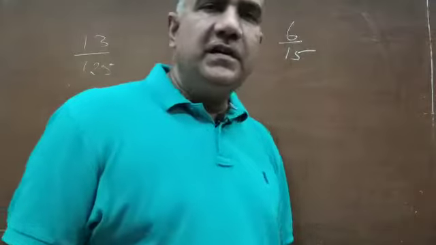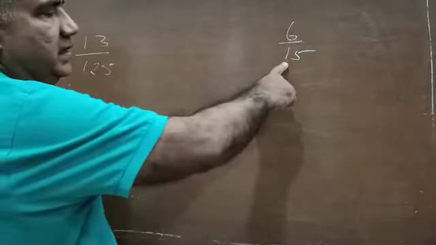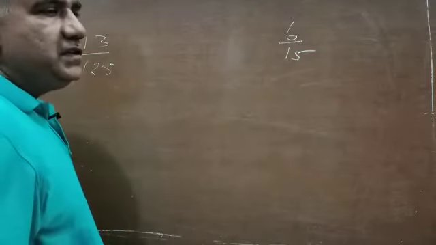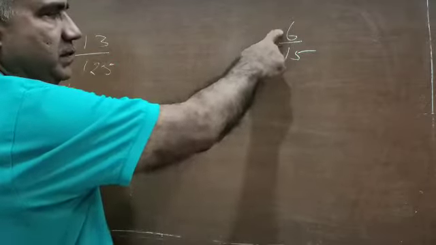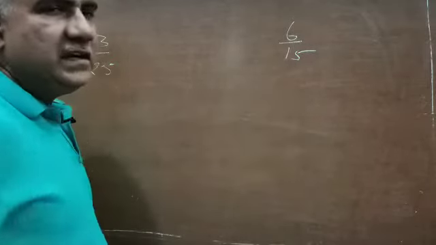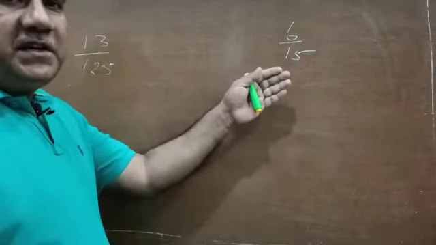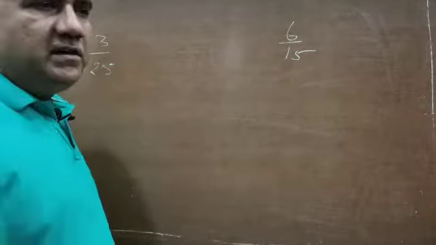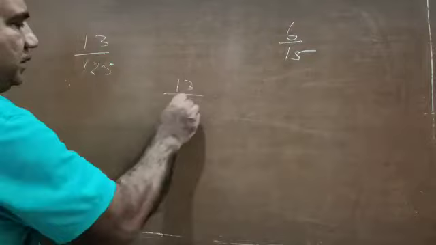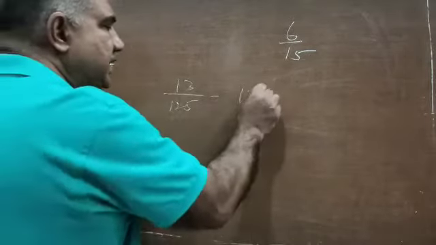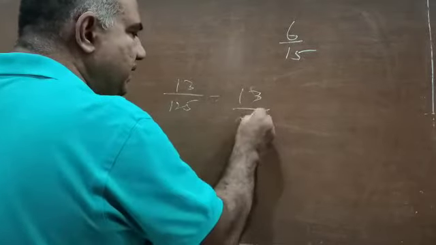Hello students. Now in this class we will see, by looking at the denominator, that is q, of a rational number written in the form p upon q, by looking at the nature of q, we will be able to tell whether its decimal expression will be terminating or non-terminating. And here also, if I see 13 upon 125, I can write this as 13 upon 5 raised to power 3.